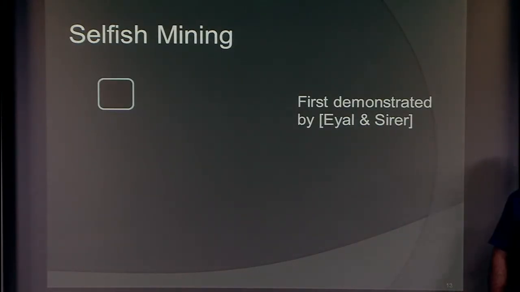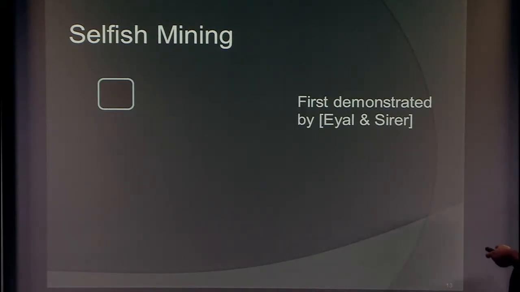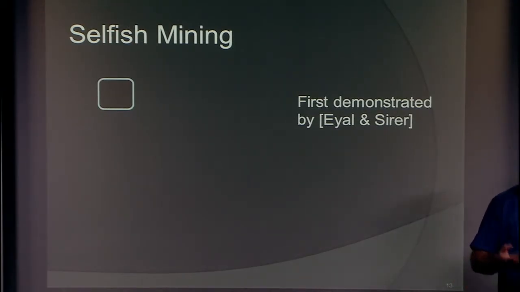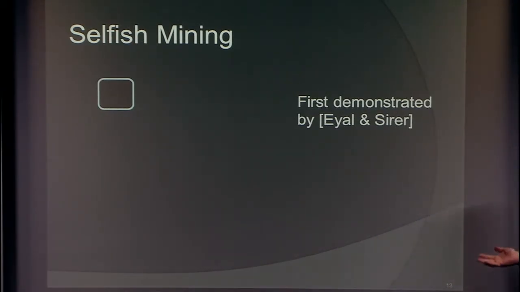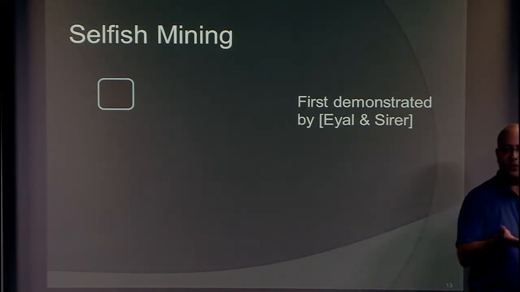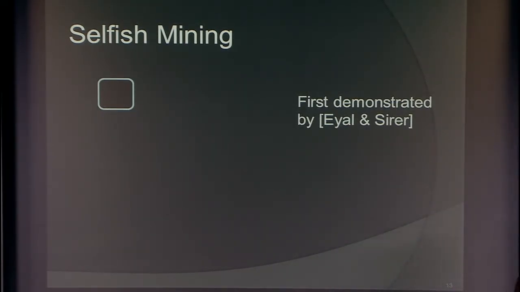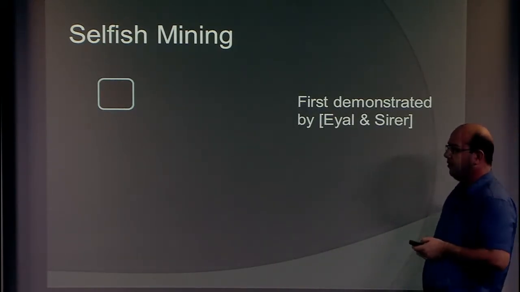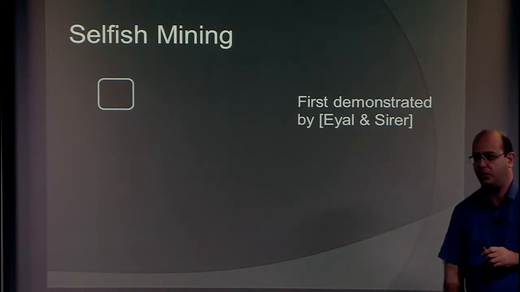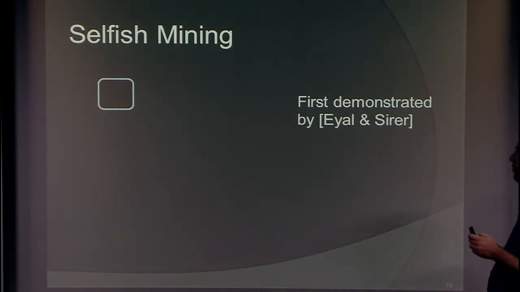Another thing that was very quickly noticed is that the Bitcoin protocol itself is not incentive compatible. We're giving out money to people as part of block creation. The question that you might ask is, what would I do to get more money? Is following the protocol a good idea, or should I deviate? And there's a wonderful paper by Itai Eyal and Emin Gunserer from Cornell, who noticed that there is a strategy that allows you to gain more by not following the protocol. So basically what they noticed is this.